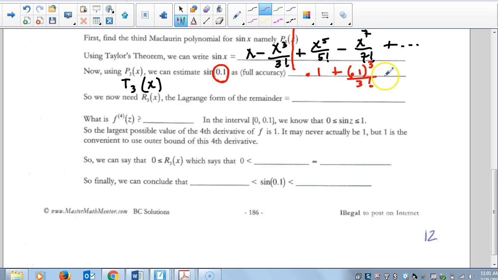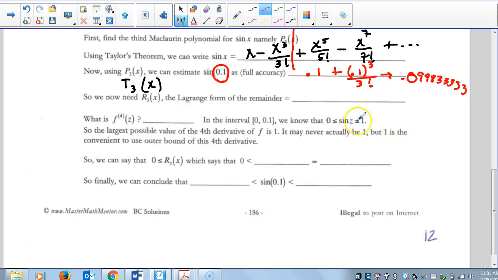Okay, and if I work that out, that value is 0.09909998, and then 3's repeating. I think there are 5 of them. Okay,